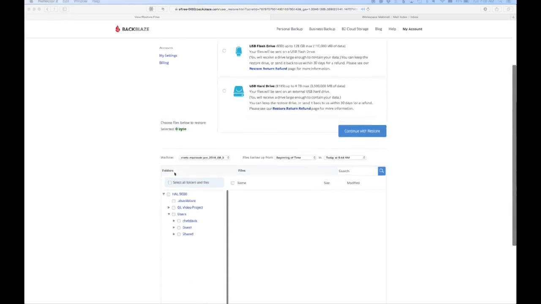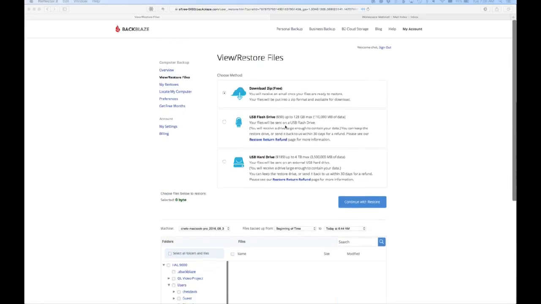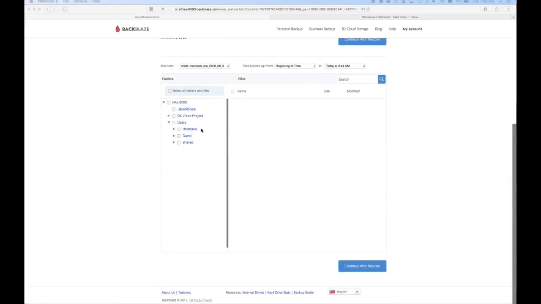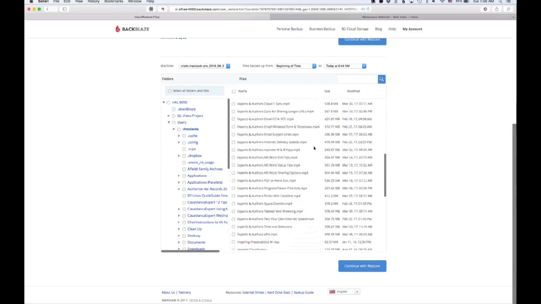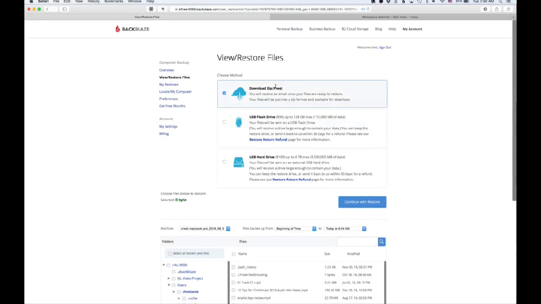It'll back up every day, and just to give you an idea of what that looks like, I've logged into the website. And if I click on users here, it'll show me all the files it has backed up. If for some reason I do have a hard drive failure, what's cool is I can come up here, I can log into a new computer, or if I take this and get this restored at the Apple Genius Bar,